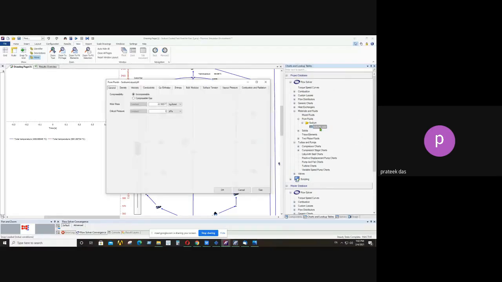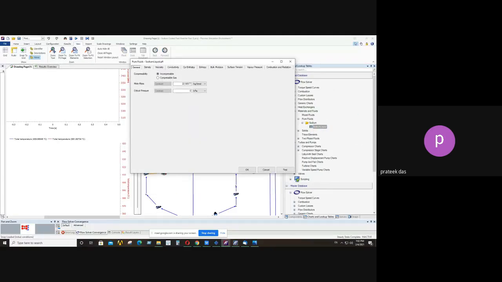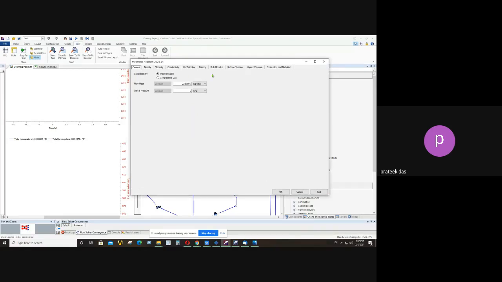So if I double click the sodium fluid, you can see a window will pop up. Here you can specify the fluid properties like the compressibility, then the molar mass, then the density. Then you can specify the constant density, or if you have any equation script, then you can also always specify the